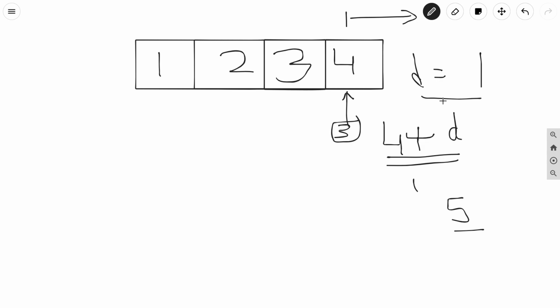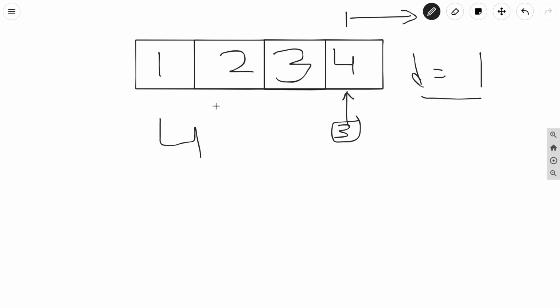So what can be our arithmetic progression for this case? Our arithmetic progression can be just 4. So you can see that this 4 can also be our arithmetic sequence, because as we know, a single number is always in AP. Like 1 is always in AP, a single number 3 is always in AP.